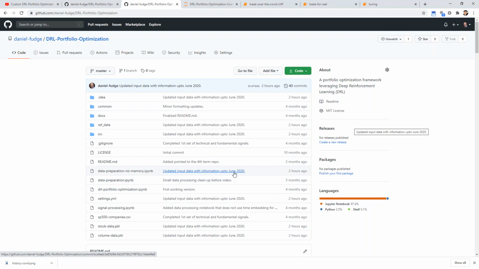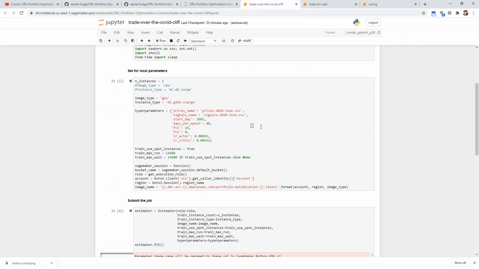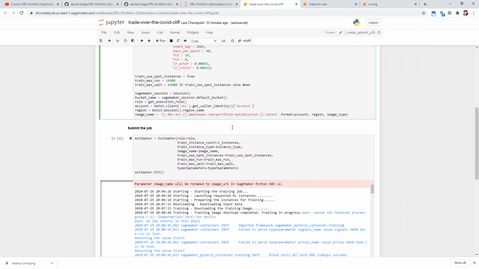One of the big things is that it takes in some financial indicators, some fundamental stuff, so it needs a lot of information from the quarterly reports. So in reality, there's probably a lot of information here that's really only good to the end of March. Some of the companies we could get data to the second quarter reports, but not all of them had them published at this time. So with that, we pushed it in, and now there's this ability, when you're passing in the hyperparameters, to say the prices' name. So you can say it's the prices from 2020 June, this new package, and with that,